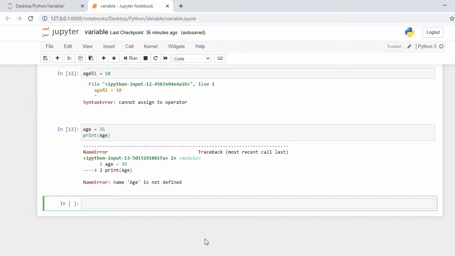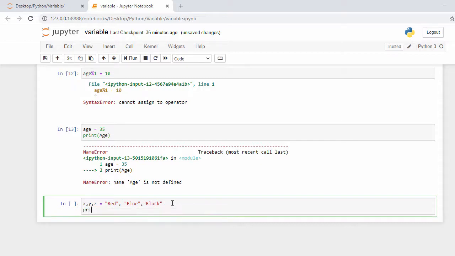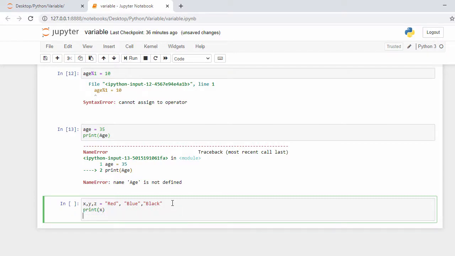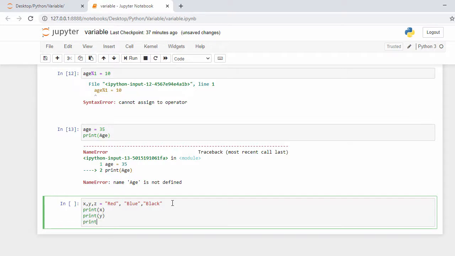Now let's look at how you can assign multiple variables in a single statement. For that I say x, y, z. These are my three variables, and for that I say "red", comma, "blue", comma, "black", and I print x, same way I print y and print z.